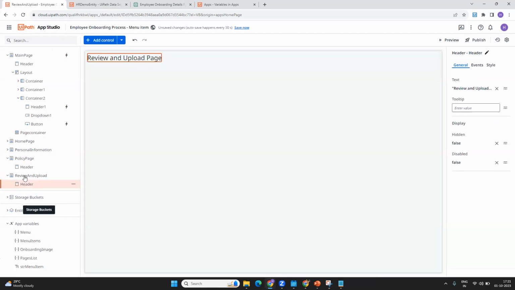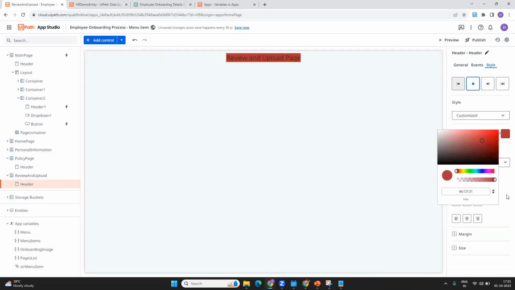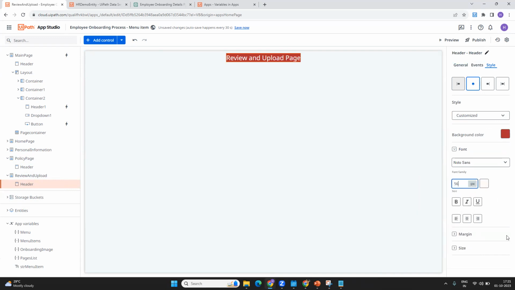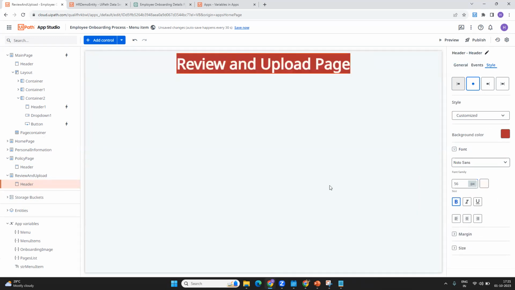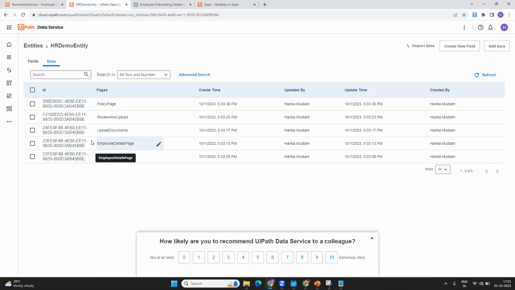Perfect. Nice. So if you want to change the styling, you know how to do it. Just change it a little bit to whatever color you want, change the font, and that's it. Okay, nice. So once this is done, we have one more page, which is, I think, upload documents